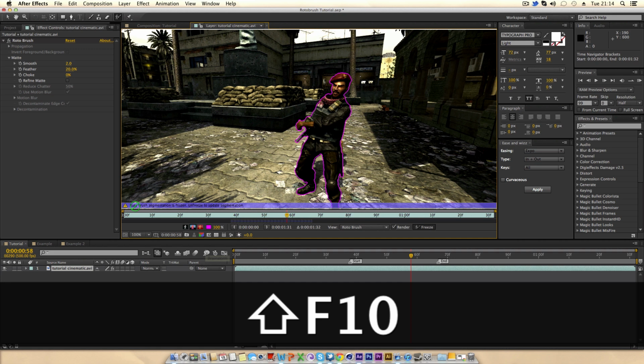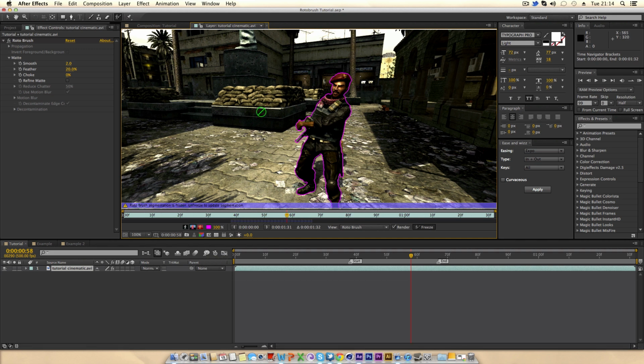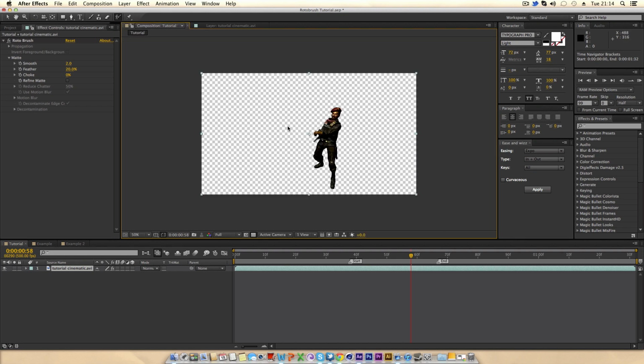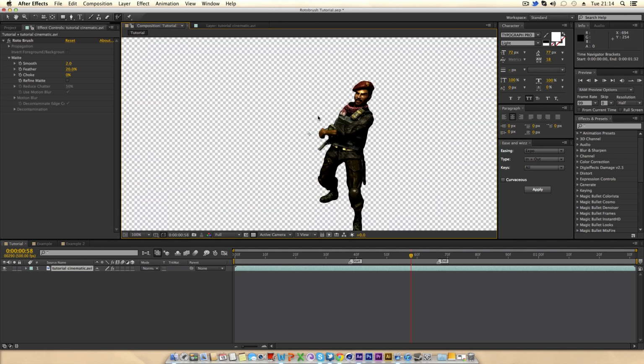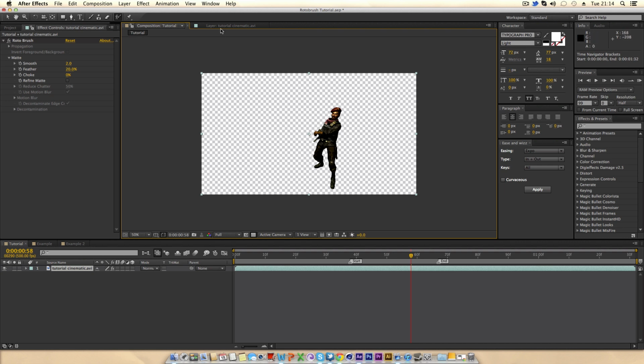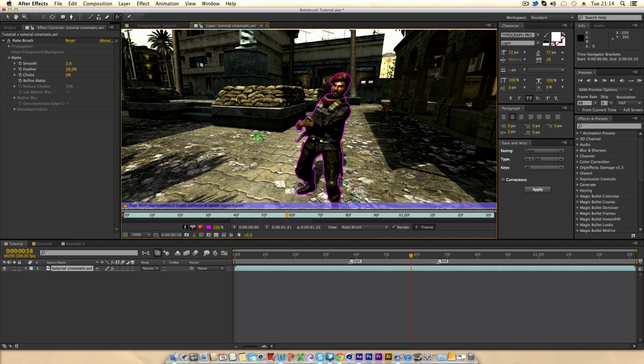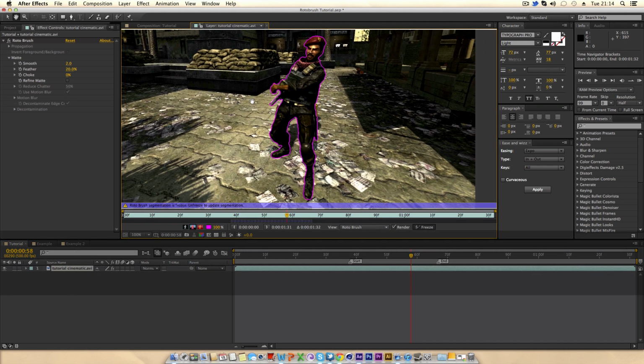Okay, so now that it's done, you can see that it's now frozen and I can't really adjust anything, and it won't really make a difference. You just click the button and then you can rotoscope it further. But now if we go back into the composition tab, we'll see what we actually have here, and as you can see, it's just kept what was within that purple mask, and it's a pretty good mask right now. But if we just quickly go into the layer panel again, and if I just go to about here,